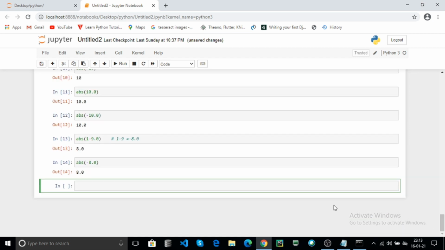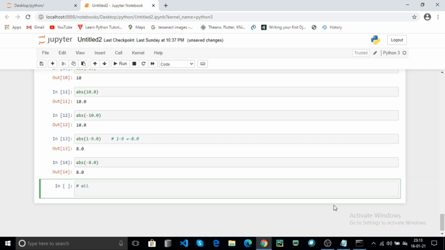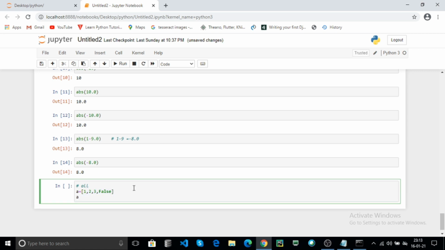all. The all function returns true when all your object's items are true. For example, A is a list. If all your object items are true, it returns true, otherwise false. You can directly use the all function and pass the object. How do we pass an object? You can use a tuple.